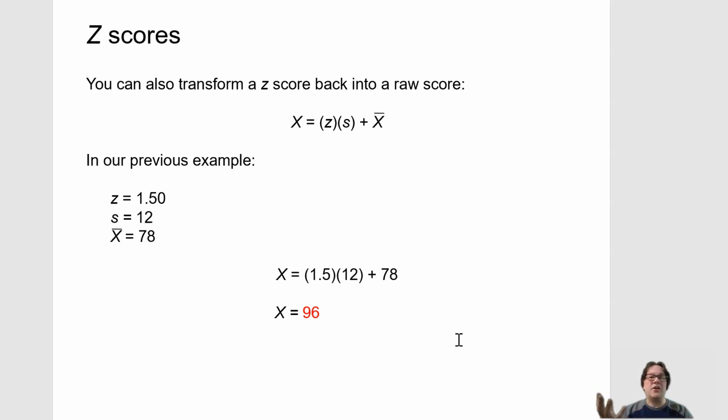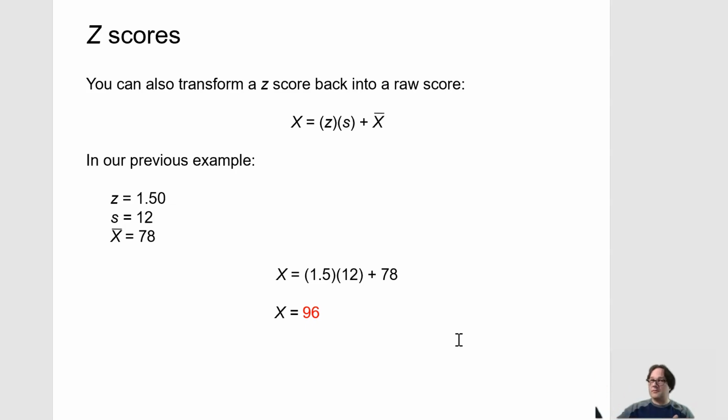So z-scores, again, are just transformations of scores. You're taking a raw score and you're calculating a standard deviation. What we're really asking by computing these z-scores is how far away from the mean each of these scores is in our distribution. So when you get a z-score of, say, a 1.5, you would know that you're 1.5 standard deviations above the mean. You might not know what the mean is. You might not know what the raw score for the standard deviation is, but a 1.5 away from the mean means,